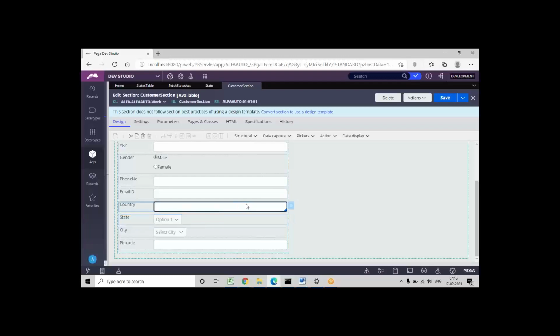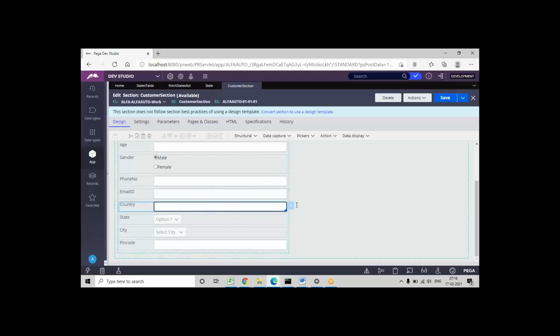Okay, same procedure. Just, you will be getting the source type, and list type you will be getting as clipboard page again, and fill the parameters accordingly. So try to do the same thing for the country property with the autocomplete control. Autocomplete is also similar to drop down only, with the same parameters we have to assign.